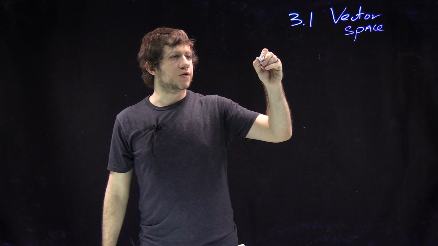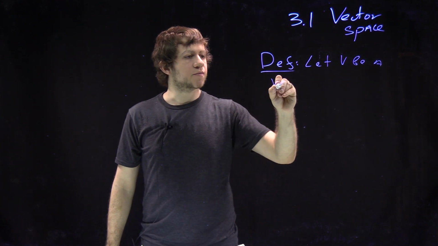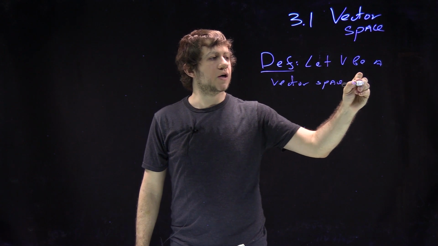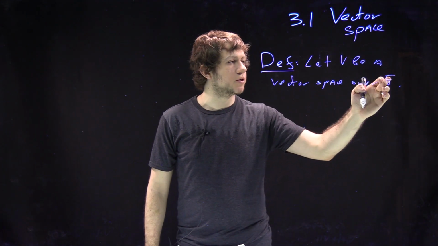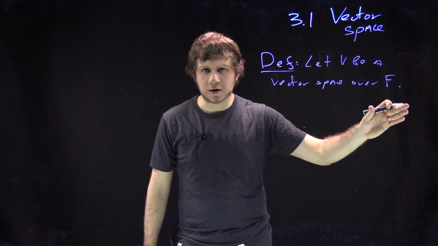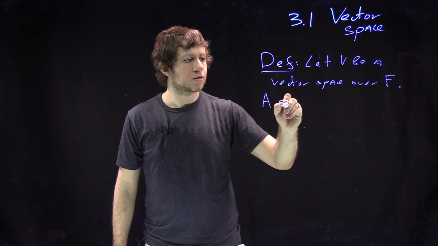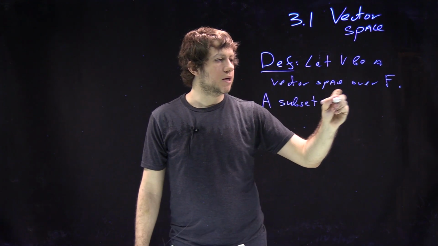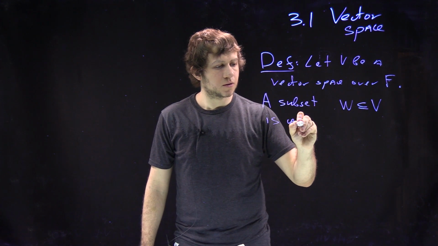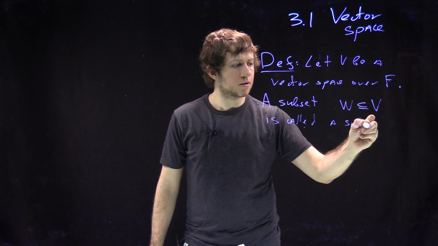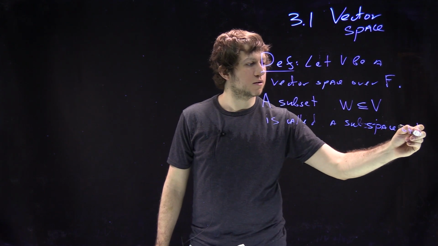So let me define it. Definition. Let V be a vector space over F. Soon enough I will stop even writing this "over F", because we always work over some field, and usually I will denote it by F. When you have a general definition, you don't care which field it is. But for now, let V be a vector space over F. Okay, so a subset, say W, inside V is called a subspace of V if